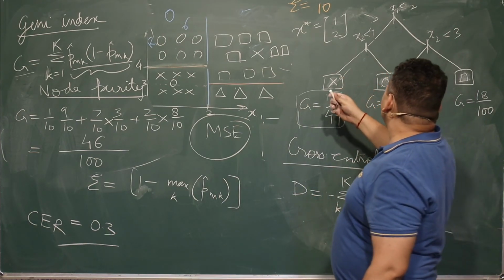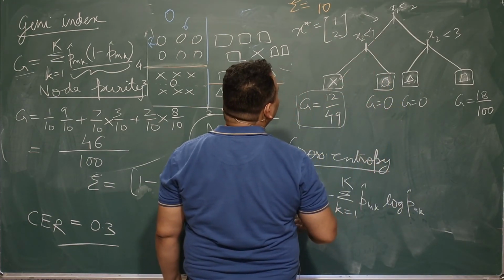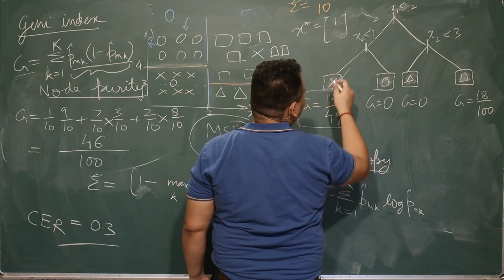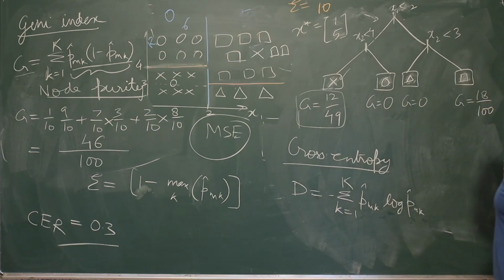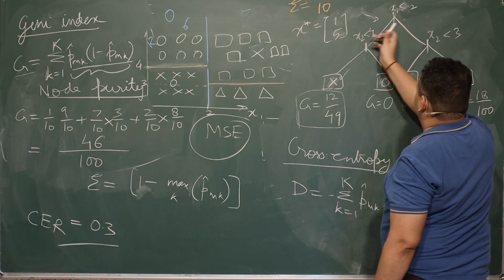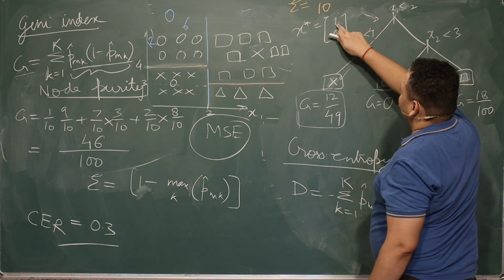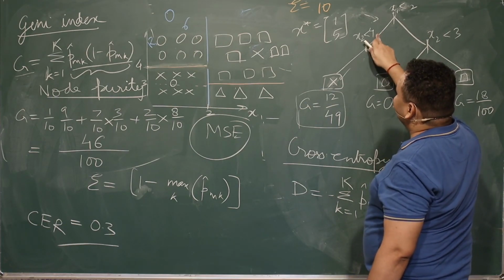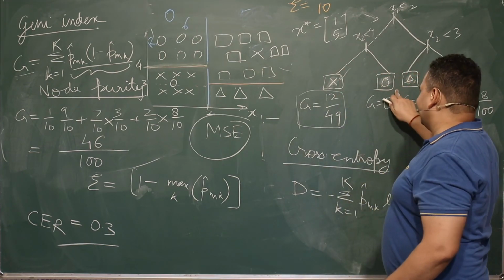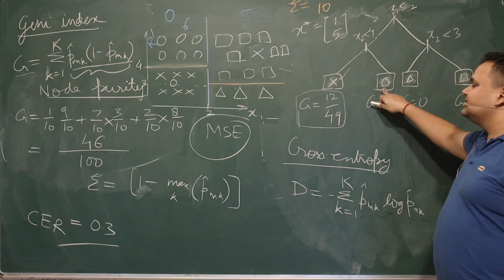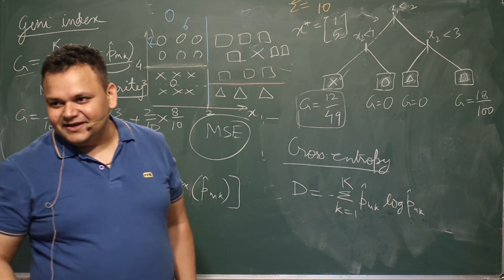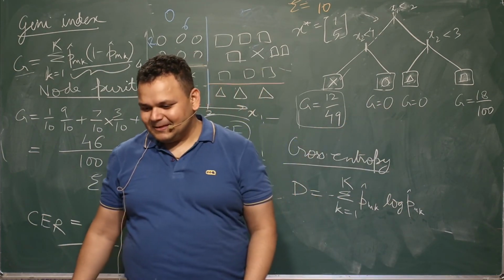Now, if my point was, let us say, 1 and 5. Okay, let us say this was my point. So I start from the top. My first condition for division of data is x1 less than 2. 1 is less than 2, you move to the left hand side. Now the second decision point is x2 less than 4. It is not less than 4, it is greater than 4, so I move to the right hand side. My prediction in this case is going to be a circle. And what is my degree of confidence in this case? It's very, very high.